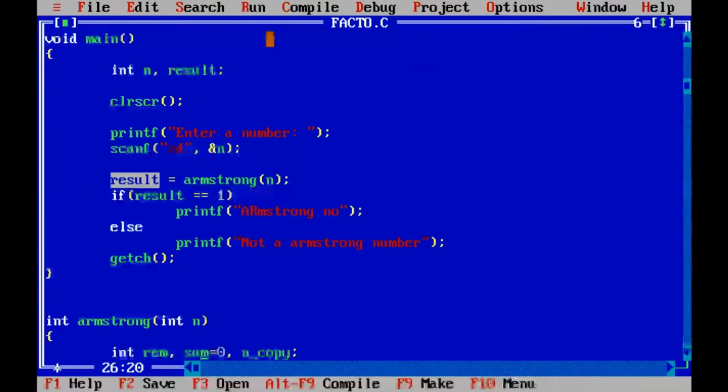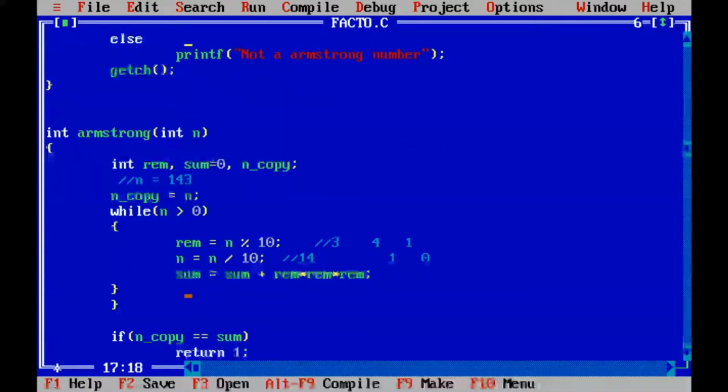If it is a checking kind of thing, for example if a function returns 1 or 0, then in the main function you can always check whether you got 1 or 0, and based on that you can make the decision. Similarly, if I want to check whether an entered number is a prime number or not, I'll write one prime number function and pass one number to it, and then check whether the returned result is 1 or 0. If it is 1, then the number is a prime number. If the returned value is 0, then that number is a non-prime number. So a similar thing I can write again with the help of this code.